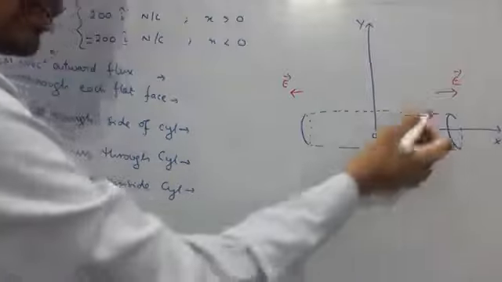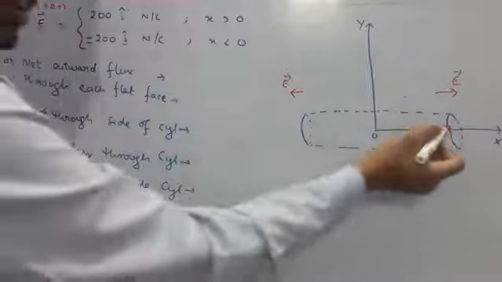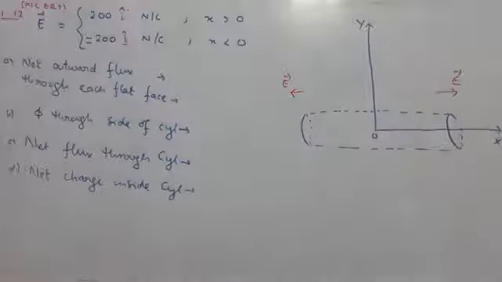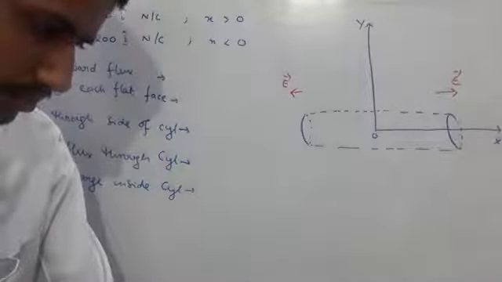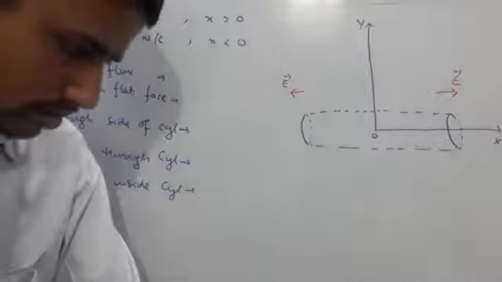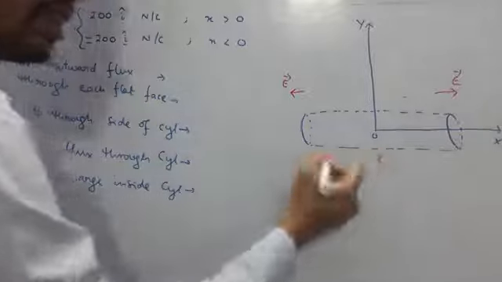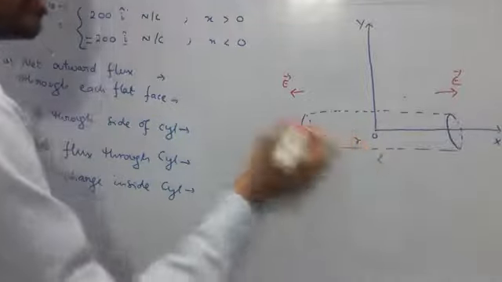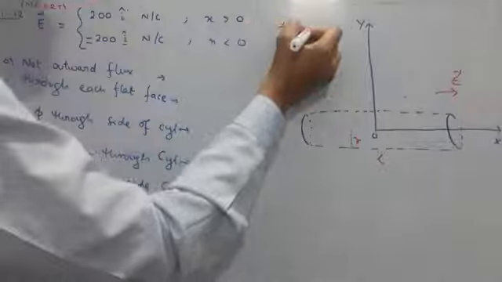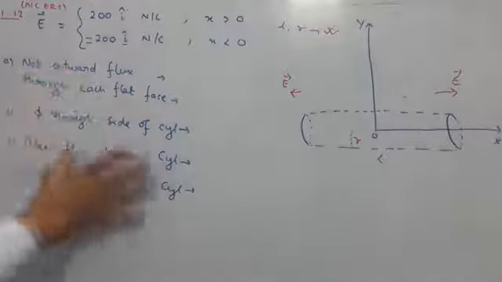There is a cylindrical surface given whose center lies at the origin. These are its flat circular faces. The length of the cylinder and so on are given in the question. The radius is also given. So this length I write as L, and this radius of the cylinder I write as R. So L and R are given in the question. I'll just discuss the method, what is being asked in the question.